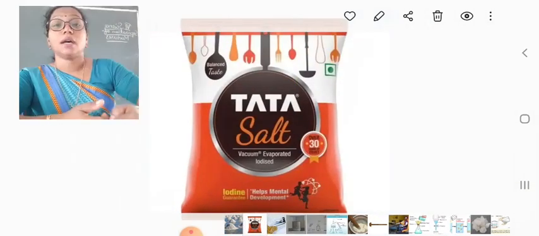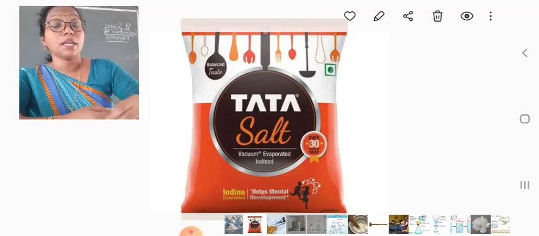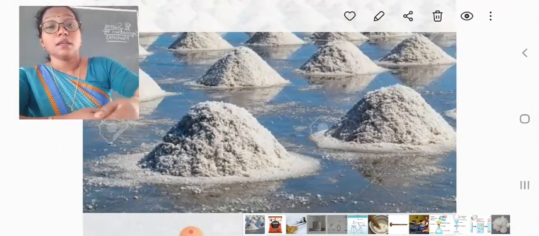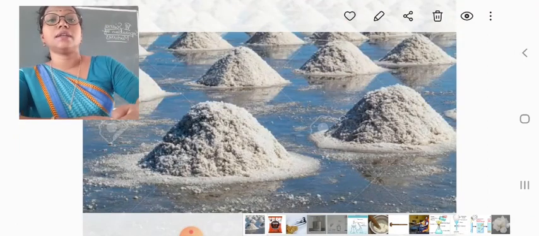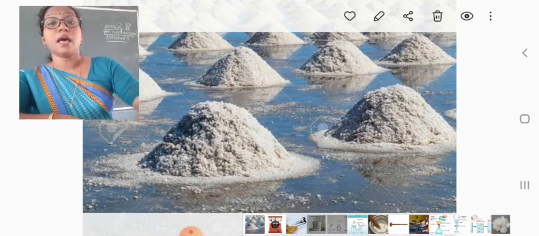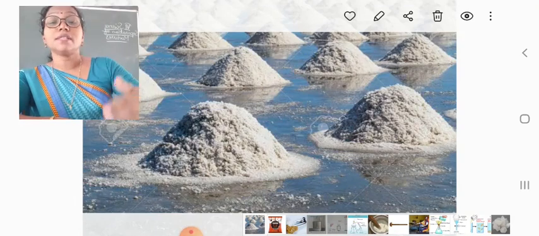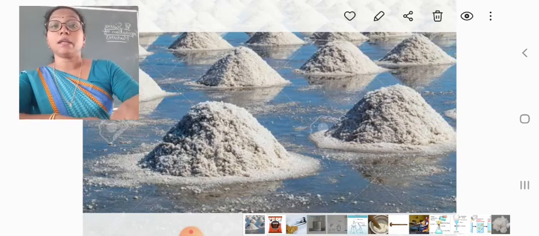Children, how is salt made? Did you ever think about it? Salt is made from seawater. We know that seawater contains large quantities of salt. It is allowed to stand in shallow ponds. The water is evaporated from these small shallow ponds. The water is lost by evaporation and the salt remains.